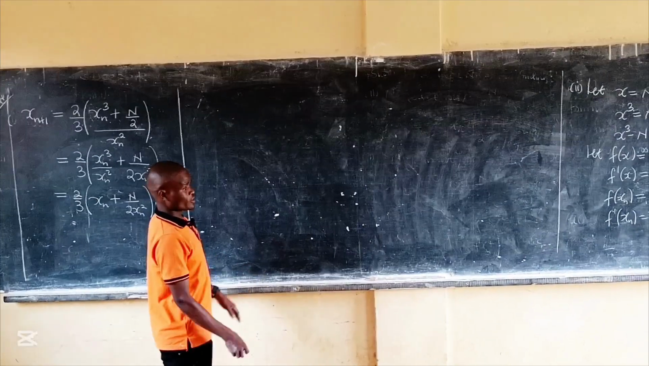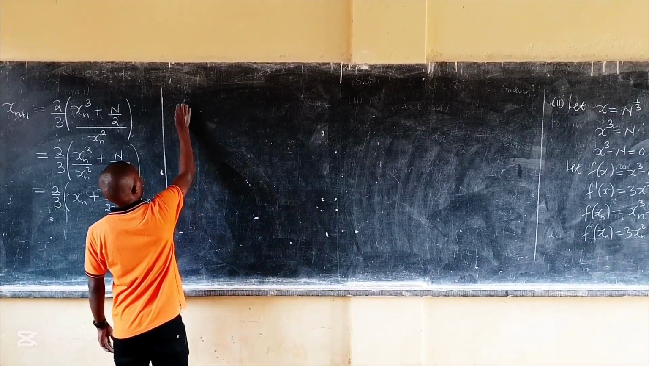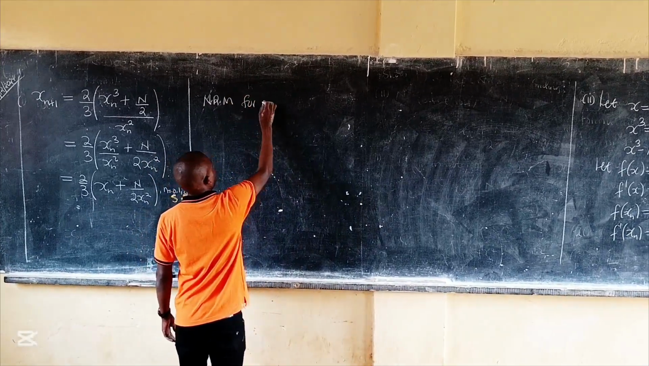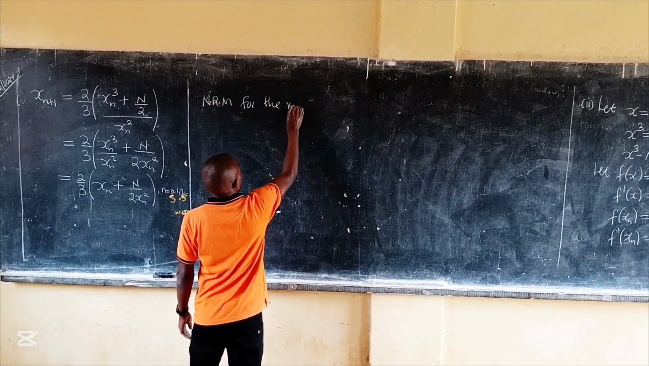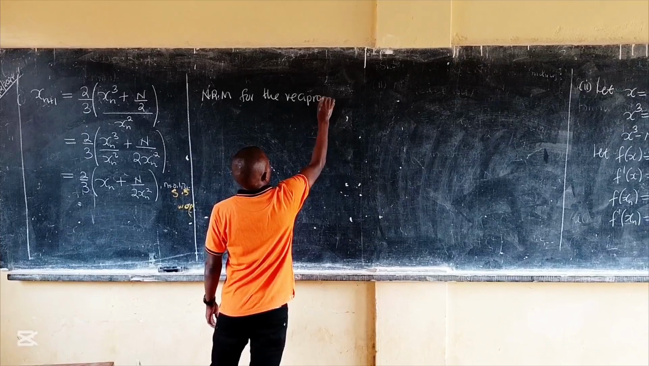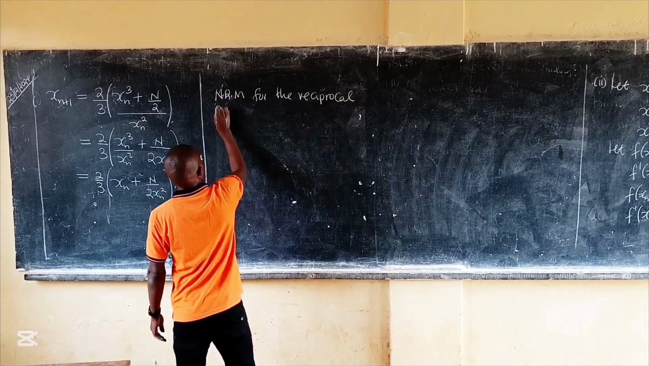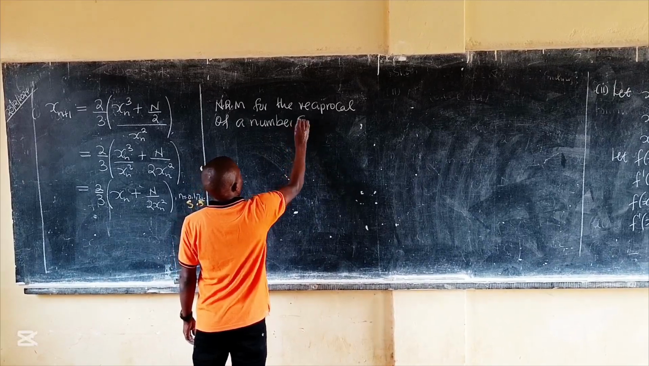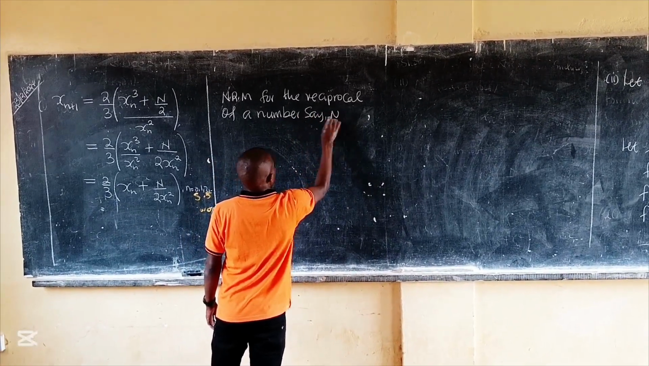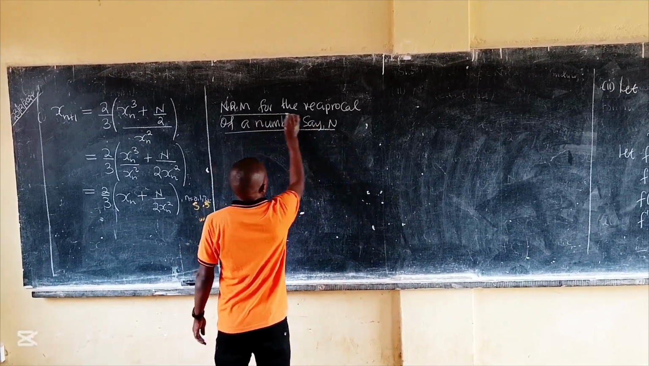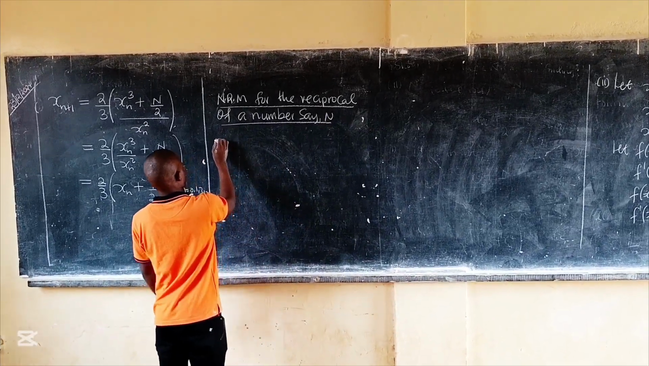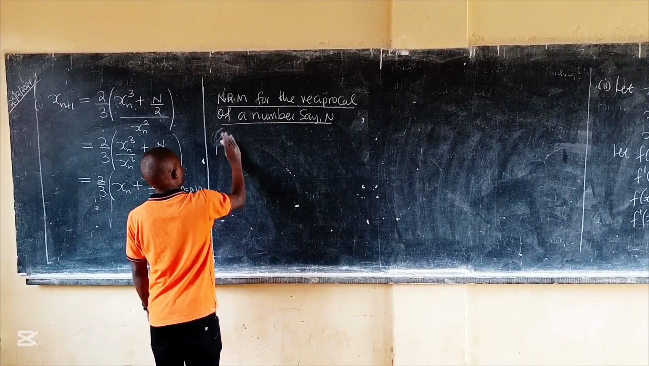So next, we are going to talk about the derivation of the Newton-Raphson method for the reciprocal of a number, say n. For this one, I'm going to have simply one example, and it says show that